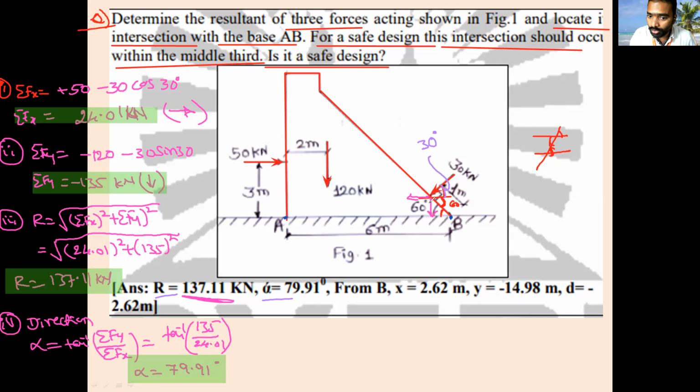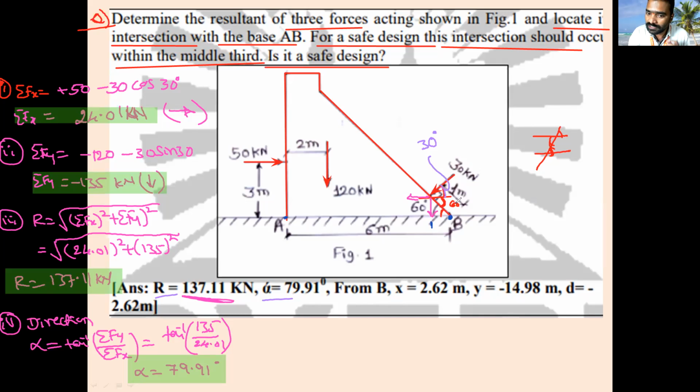For the 30 kilonewton force, take the horizontal component and the vertical component. Next, you have to calculate the distance from A to this point, and from this to this point. The vertical distance you have to find out. That is a bit tricky, or difficult. So better I will take moment about B only. Why? Because this 30 kilonewton force is exactly perpendicular to the point B, and he has given the distance already, 1 meter.